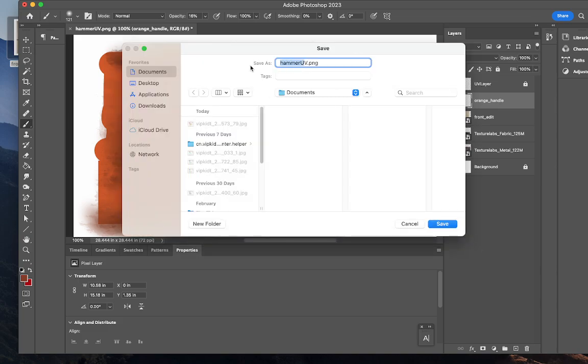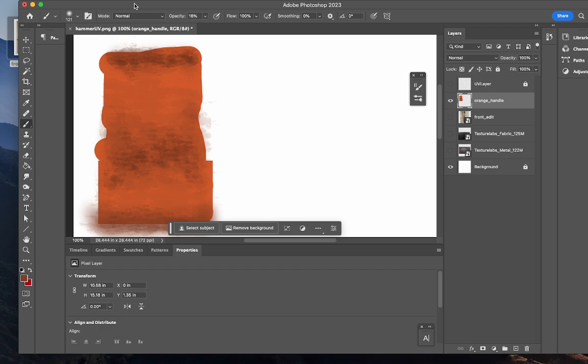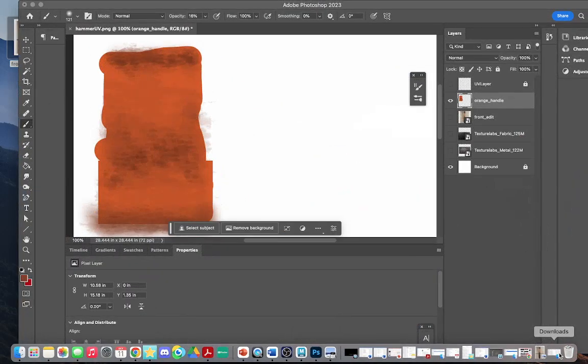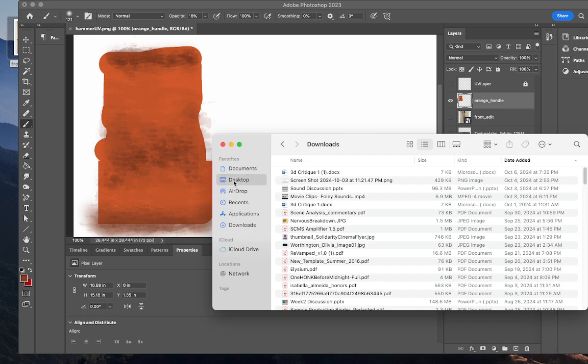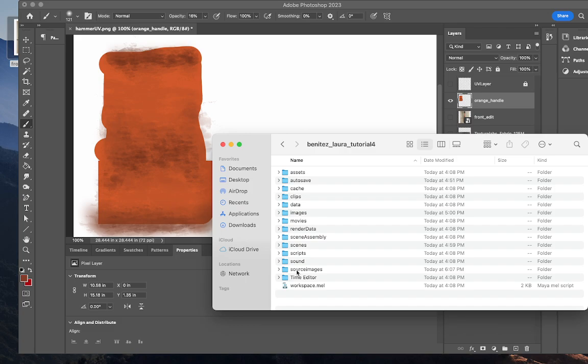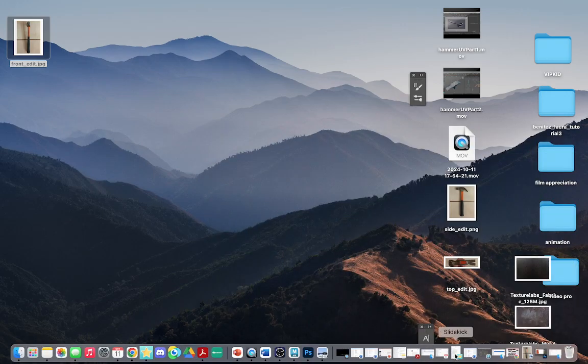This will be hammer color. And I will save this into my desktop and into the tutorial for source images folder. I'll hit save. I'll minimize here. Did it save? I think it did. Let's double check. Desktop. Animation. Tutorial 4. Okay, it did. Okay, so I'm going to minimize this, and I'm going to minimize this, and I'm going to go back to